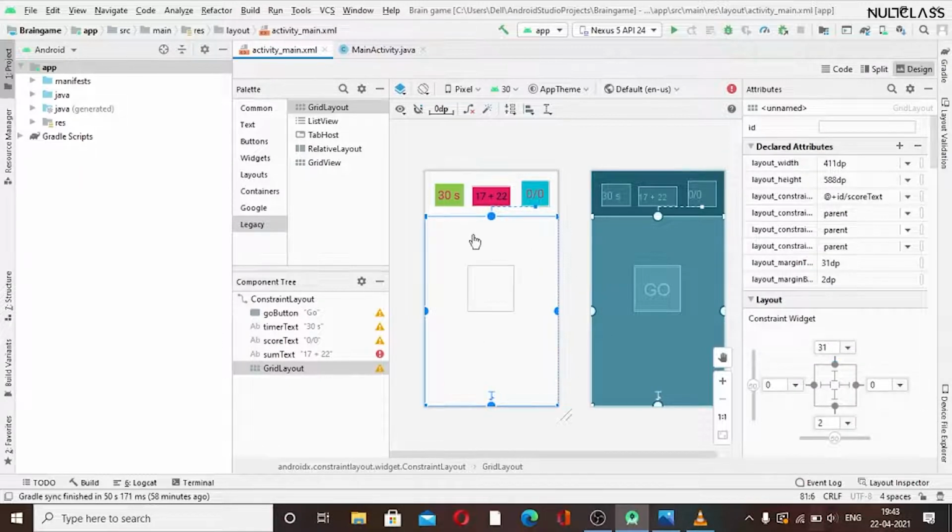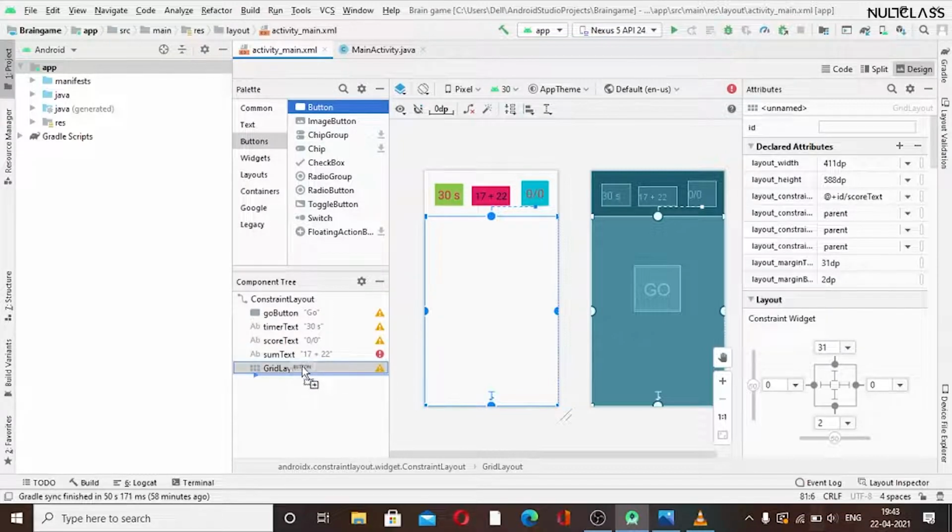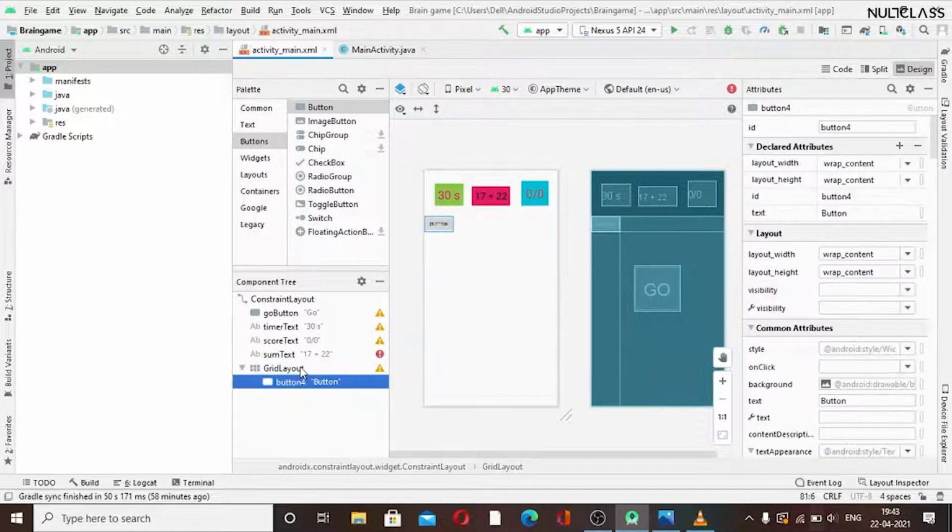Okay, so now we have to insert the buttons inside of that. Just go to button, drag some button, and instead of dragging it on the screen, we will drag it directly here on the grid layout, so that it gets inside of it. Like we can see that this is our grid layout and it is already inside here. So now we have to set its visuals, like we will first add its text. Firstly I think I should fill it up entirely.